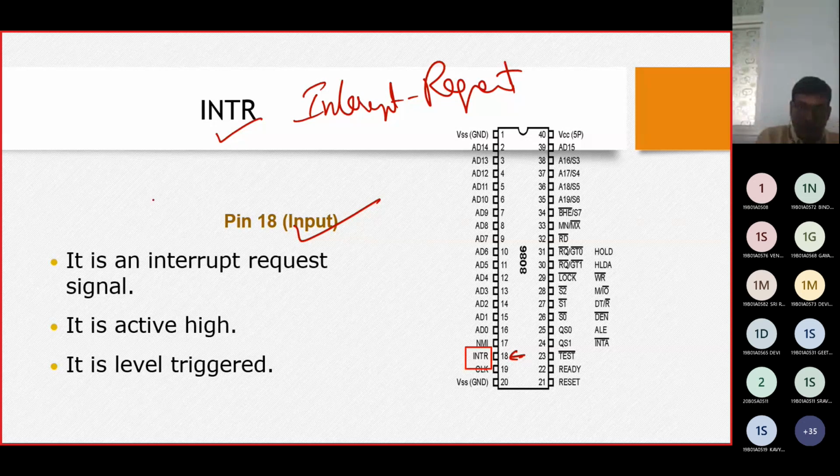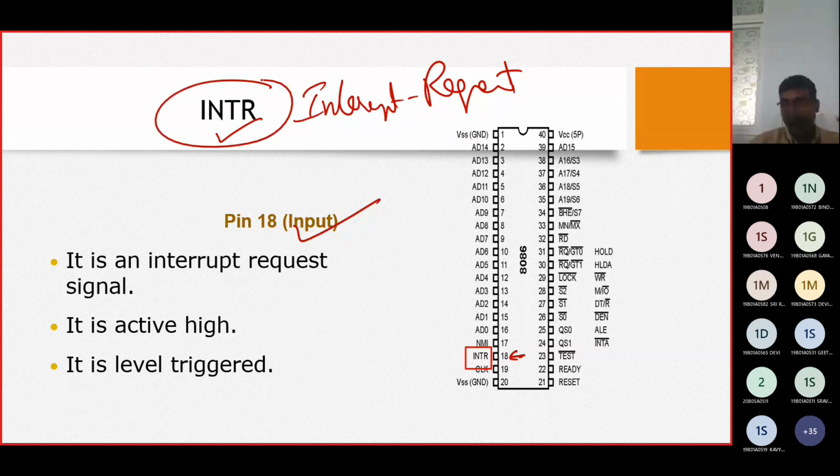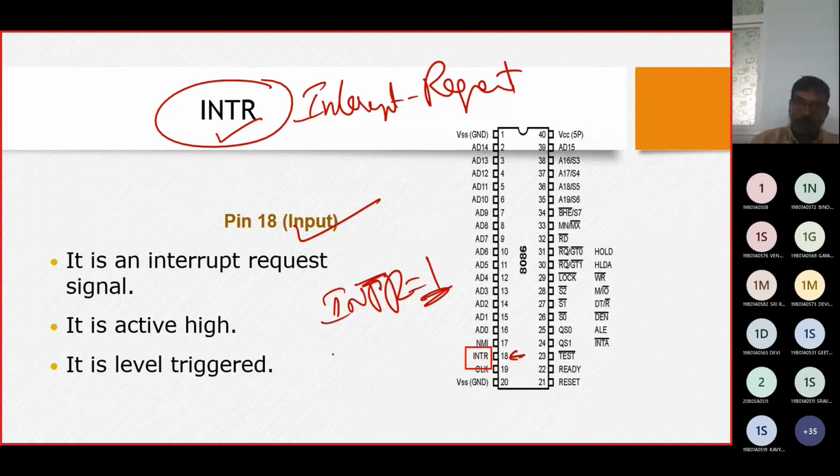Technically inside the computer, the language it talks, we call it interrupt request. And when INTR is equal to high, that means an interrupt is going to be raised. An interrupt is going to be signaled. So when an interrupt has been generated, it is called the high state. INTR is equal to 1. Who is showing this? It is shown with pin number 18.